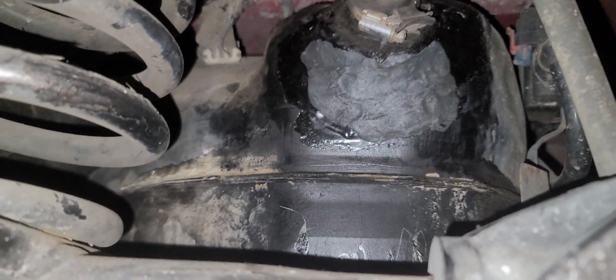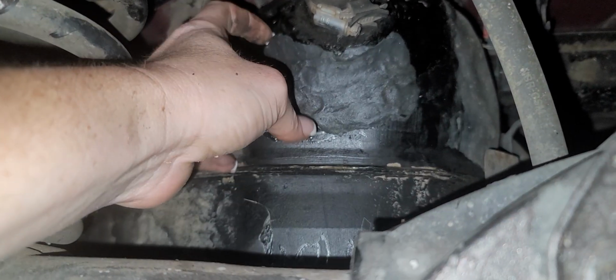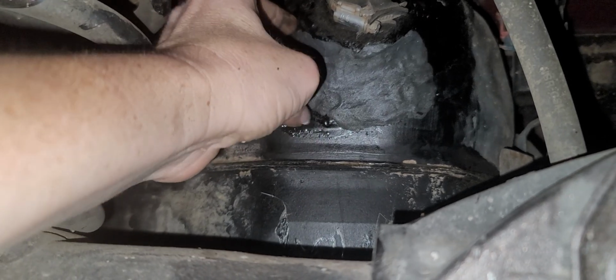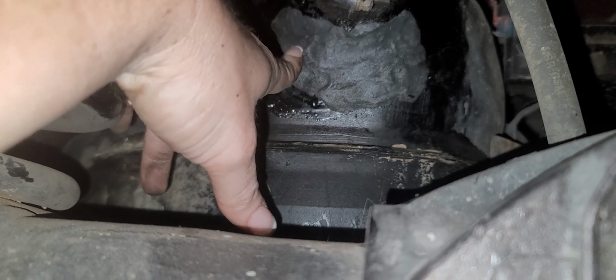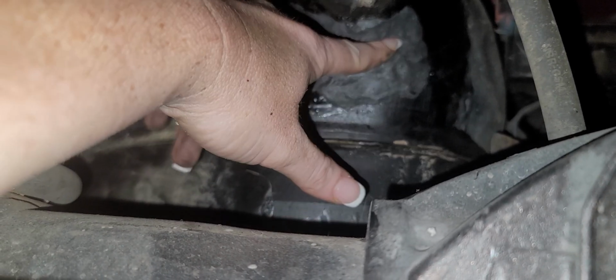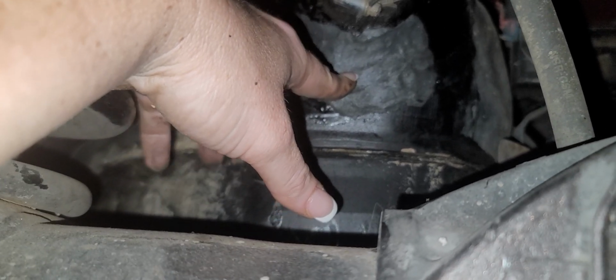So I'm even looking for any little glimmer of anything I can see. So the only thing I can do, and all this is solid. I'm gonna rip my nails off before I rip this stuff off. So the only thing that I can think of to do is just sand it, clean it, because I know that previously right here it had a very hairline fracture because they dropped it on the way to Hawaii, and